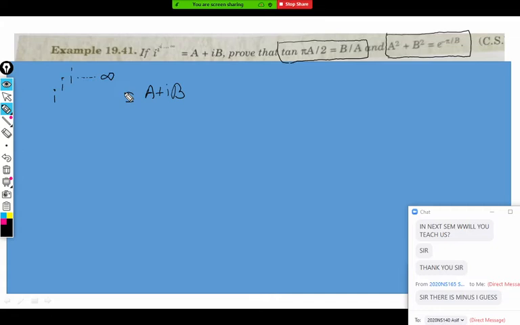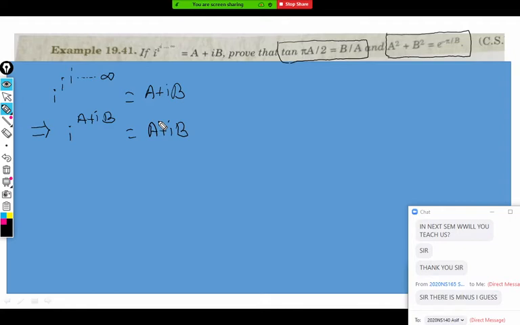Okay, so anyone, how to start? Because it looks very difficult, but it is very simple. Sir, i to the power a plus ib. Very good. Equal to y, then it will be i to the power y. Nice. So you got a trick, because these are like trick equations. Once you get this trick, you can replace the power, which is again a plus ib, because i raised to infinite times is a plus ib. So if you remove one of the iota, then also it is a plus ib. So the first step is important. You can replace i raised to a plus ib, because this is also a plus ib, then it is equal to a plus ib.